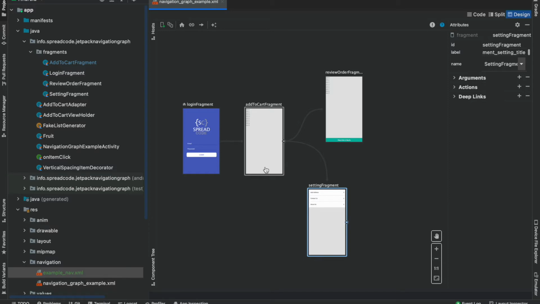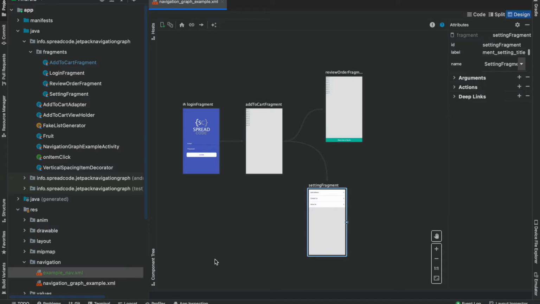And also you can create multiple navigation graphs in a particular application, but every navigation graph will be associated with the activity. So it all depends on you how you want to design the app. You might want to keep only one activity in your entire app, and you can create multiple fragments, and all will be taken care of by this navigation graph. So it all depends on your requirement.